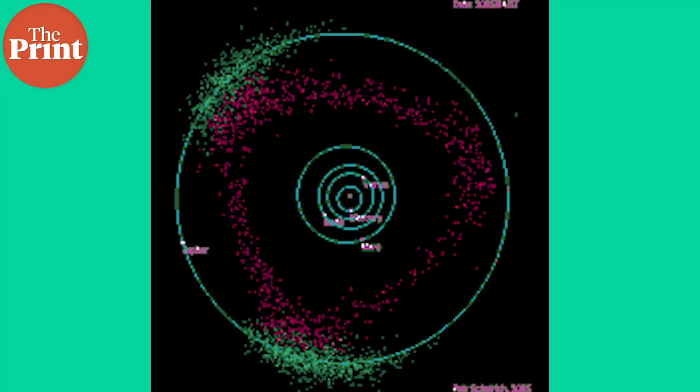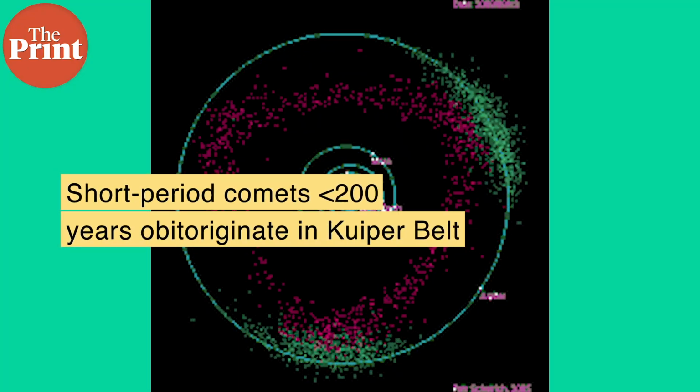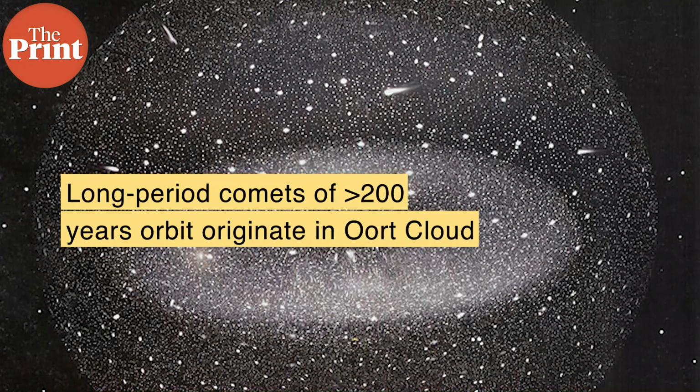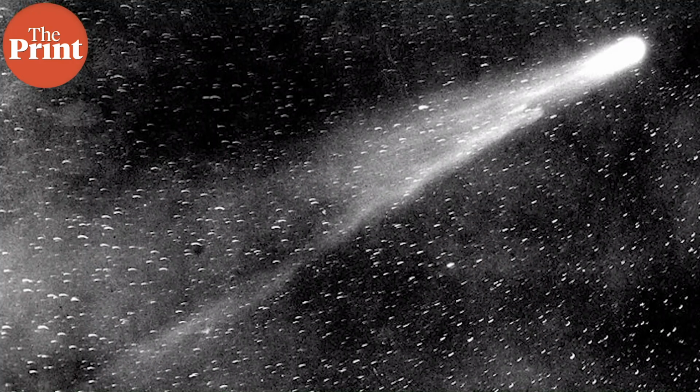The comets that originate in the Kuiper Belt complete one orbit around the Sun in less than 200 years and are thus called short period comets. The ones that originate in the Oort cloud tend to take longer than 200 years and are called long period comets. As comets pass near the Sun, the mineral and water ices that are present on them begin to sublimate